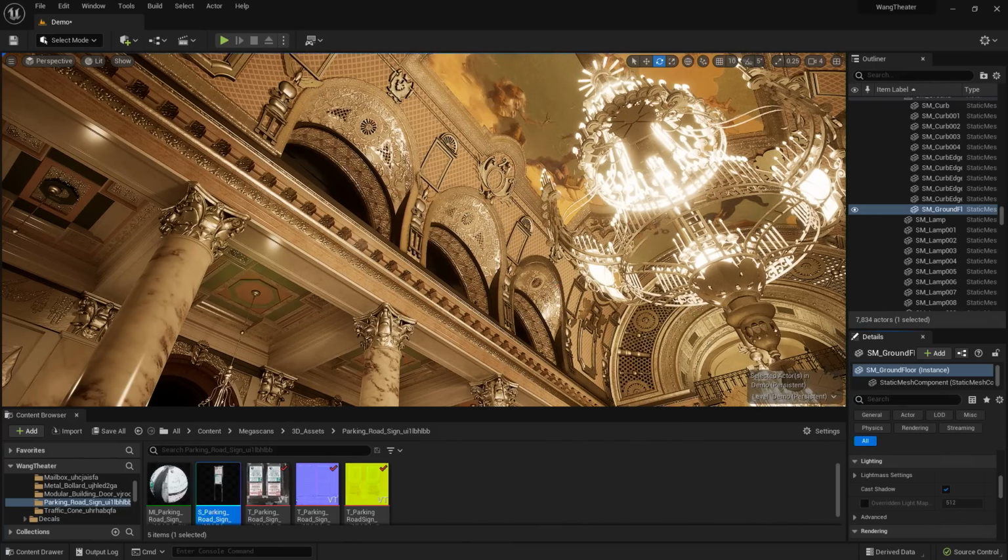And we're going to talk a little bit about Lumen now. Since I started this project with the ArcViz template in Unreal Engine 5, the global illumination is set up with Lumen. So Lumen is Unreal Engine 5's default global illumination and reflection method. It is fully dynamic, meaning no baking or pre-computation is required. It provides infinite diffuse bounces, which means it's great for architectural objects that may have bright diffuse materials like a